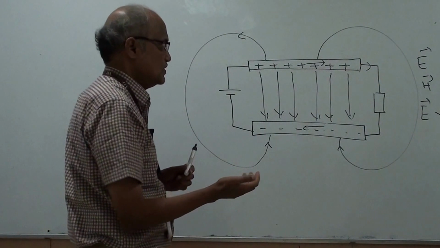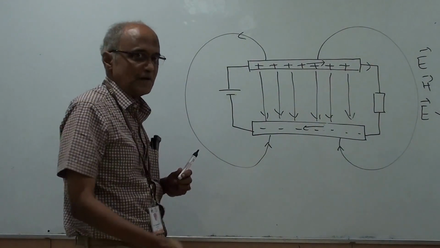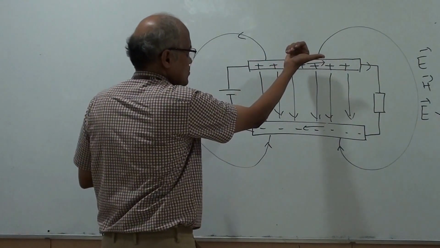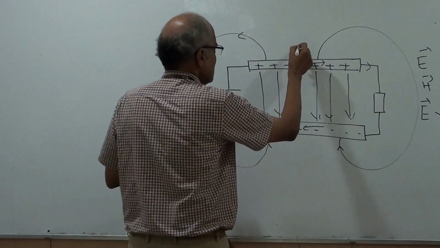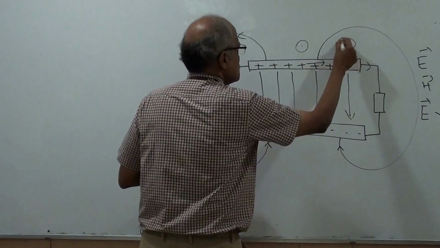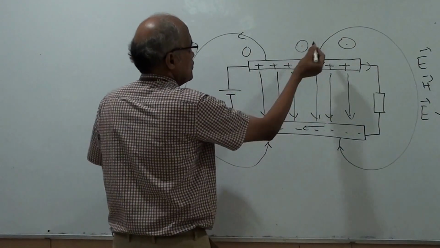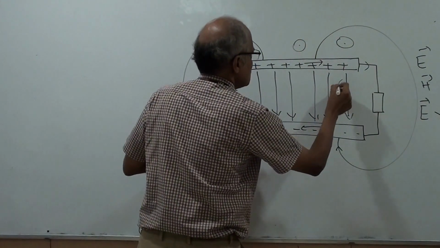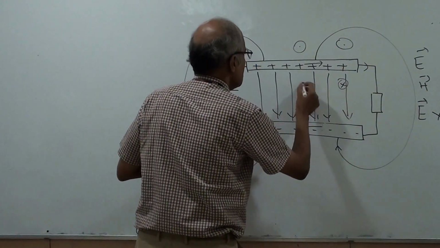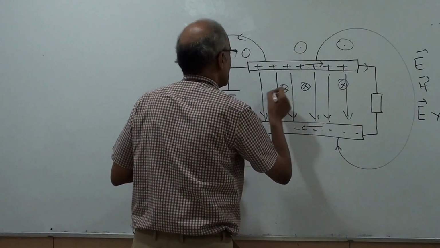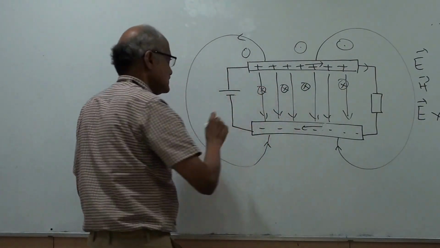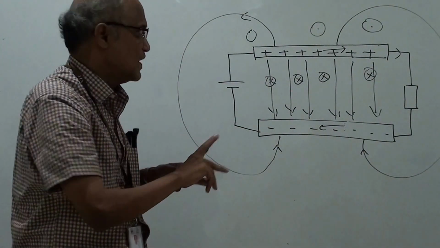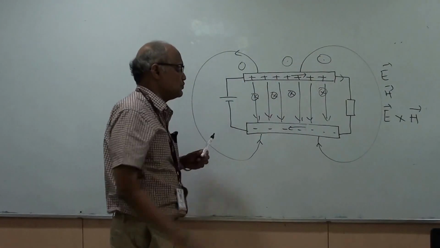will be produced. So to find the direction of the magnetic field, you have to use your right hand rule. So this is the right hand. So using the right hand rule, the magnetic field comes out of the board at the top, then it goes into the board below the conductor. Then here we have an electric field from top to bottom and a magnetic field into the board.